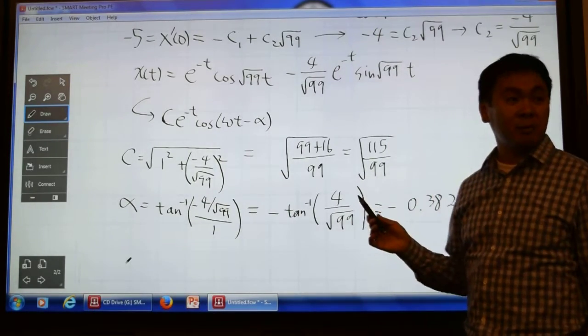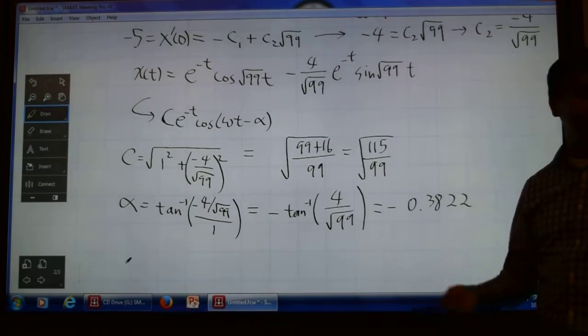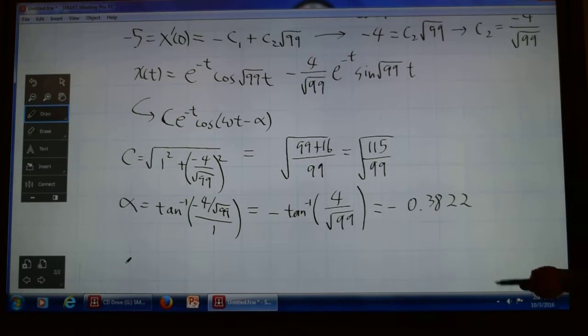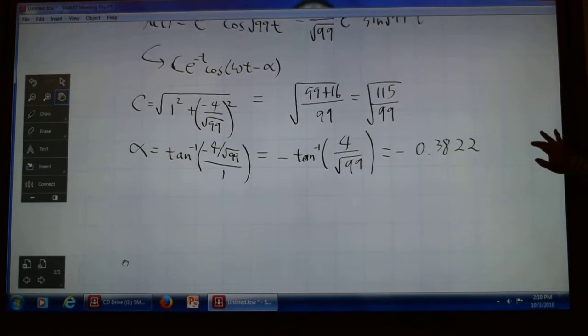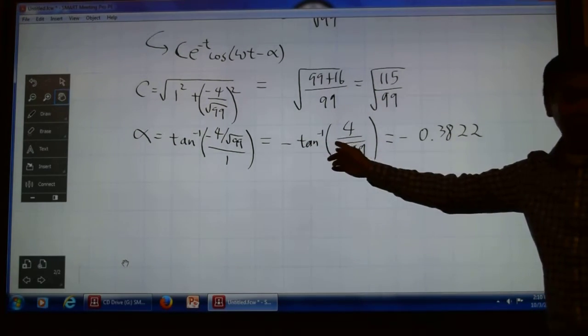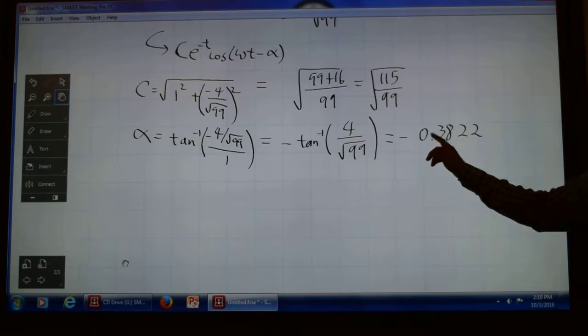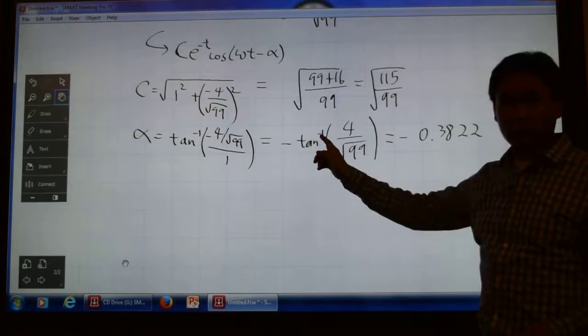Oh, did I not put the tan inverse in the previous one? Yeah. Ah, sorry, that was a mistake. I should have put the tan inverse. In both cases, I'm trying to do tan inverse. Thank you for correcting me. Okay, so this one is correct. The previous video that I recorded, instead of just tan, it should be tan inverse